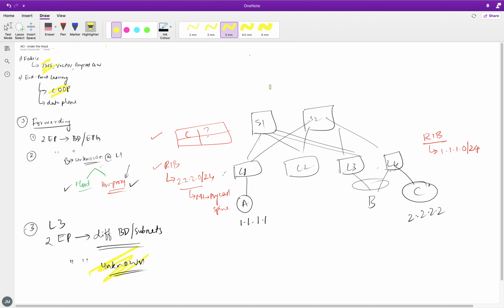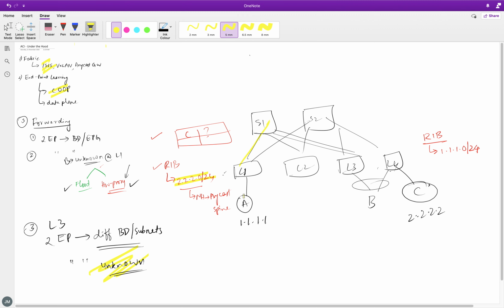So this will be the route, and this will be the next hop. So what will happen now is the packet will be sent to the spine like this, right? The Anycast of the spine it will be sent to. This entry is installed here just to send it to the spine in case, the reason is, think of it this way, right? What if